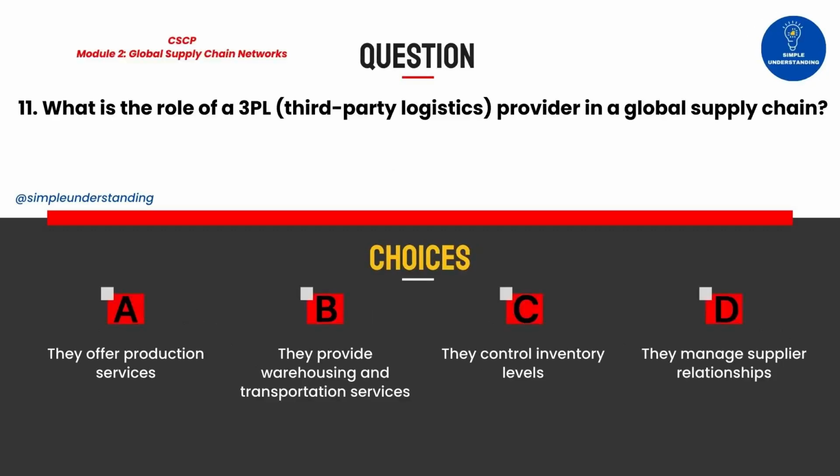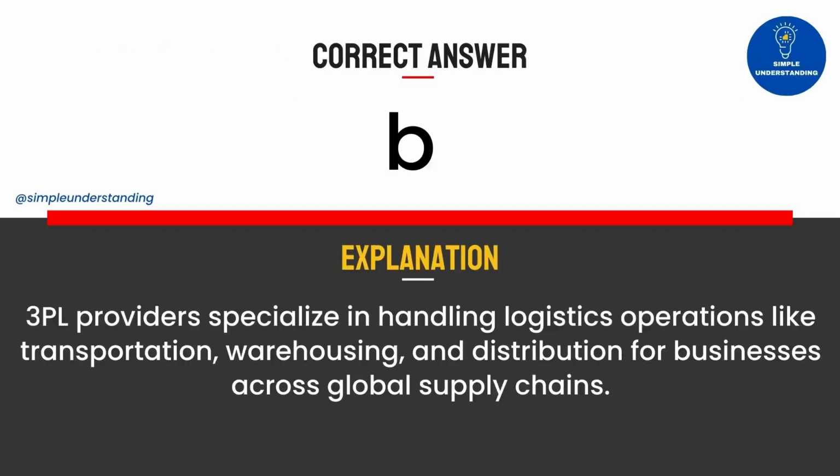What is the role of a 3PL, third-party logistics, provider in a global supply chain? A. They offer production services. B. They provide warehousing and transportation services. C. They control inventory levels. D. They manage supplier relationships. Correct answer: B. Explanation: 3PL providers specialize in handling logistics operations like transportation, warehousing, and distribution for businesses across global